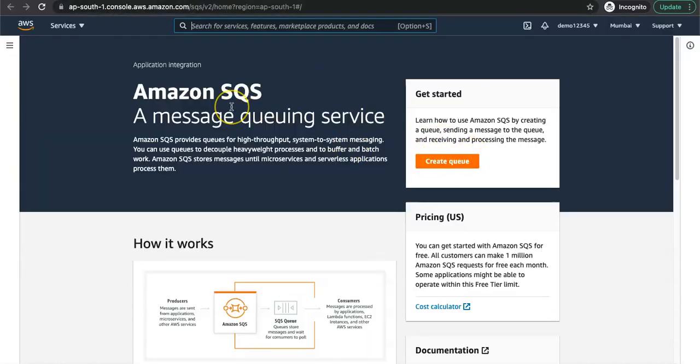Here, SQS is a service which gives us a serverless, fully managed queue as a service. So for any message queue, all and everything that is required will be created and managed by AWS. You just need to define a queue name, and you will get the endpoints to access the queue. Your applications can write the message, your applications can read the message. Also, additionally, you can define who can access your queue in what way. So let me create a queue,